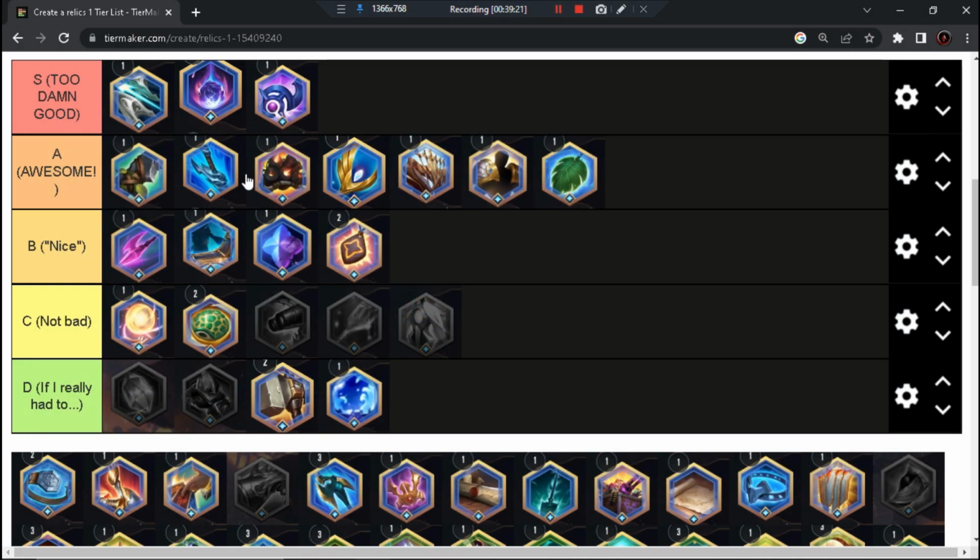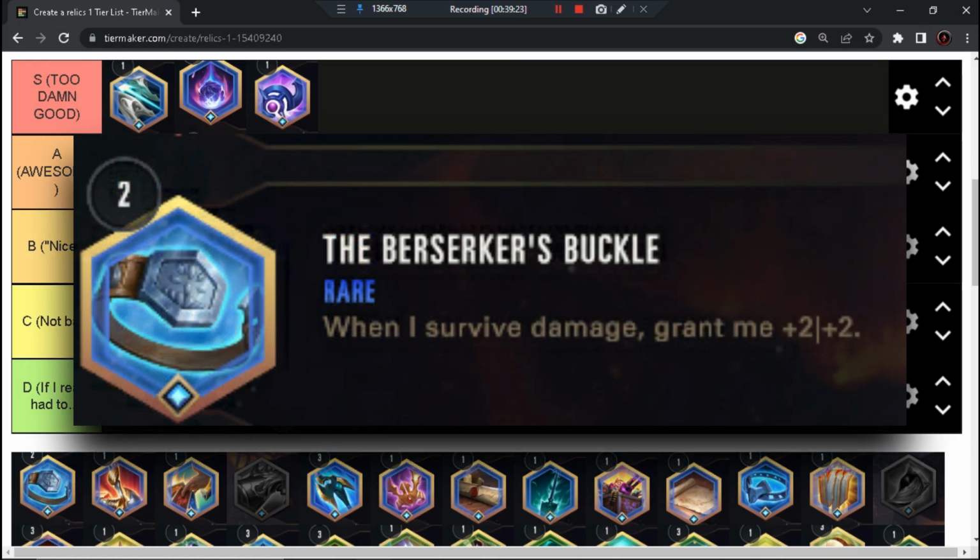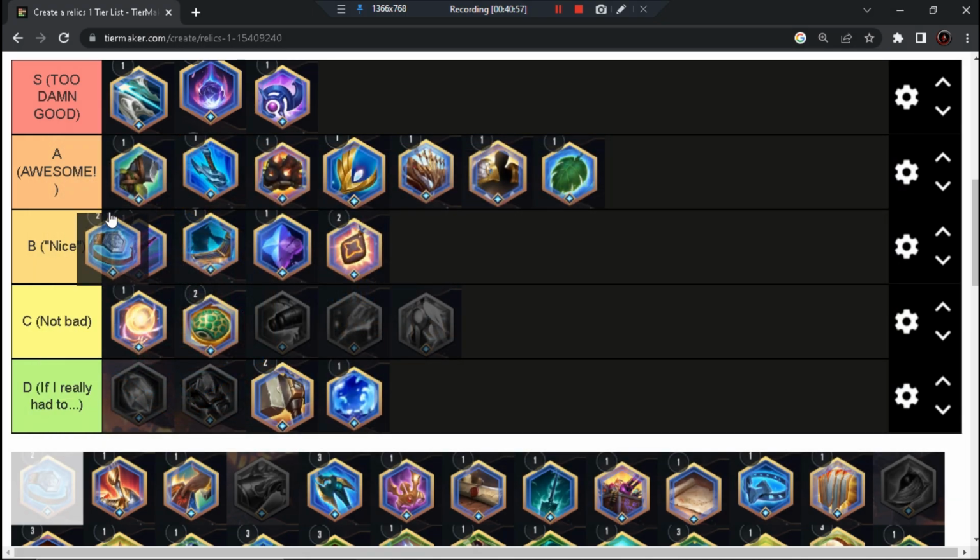Alright, moving on, we have the Berserker's Buckle. When I survive damage, grant me +2/+2. So this item is a really good item for the Tahm Kench, because after all, the Tahm Kench will get a stat buff once you strike an enemy, if I'm not mistaken. So potentially couple this with the Tahm Kench, you're probably going to be able to get a lot of stat buffs here. It's also not only the Tahm Kench that will benefit from this. Champions with high health stats like the Alawi or the Garen can also benefit from the Berserker's Buckle. So I think overall it's a nice item to have, and I think it's going to be in the B